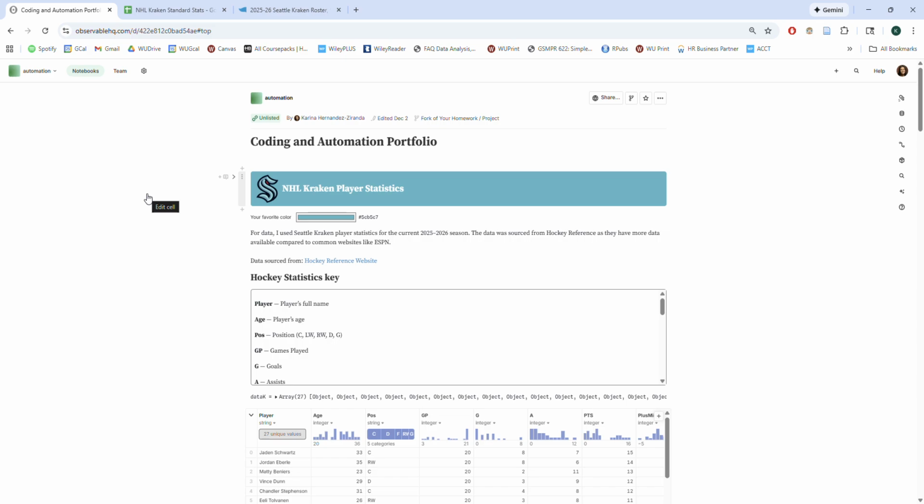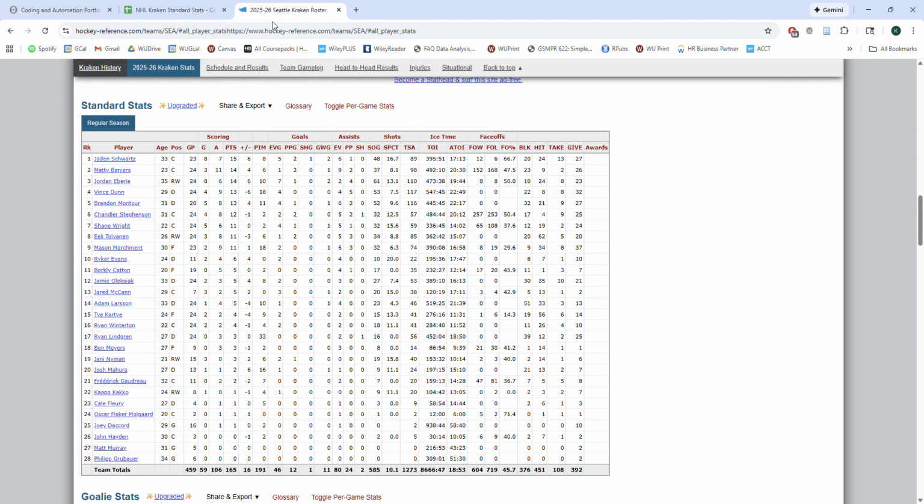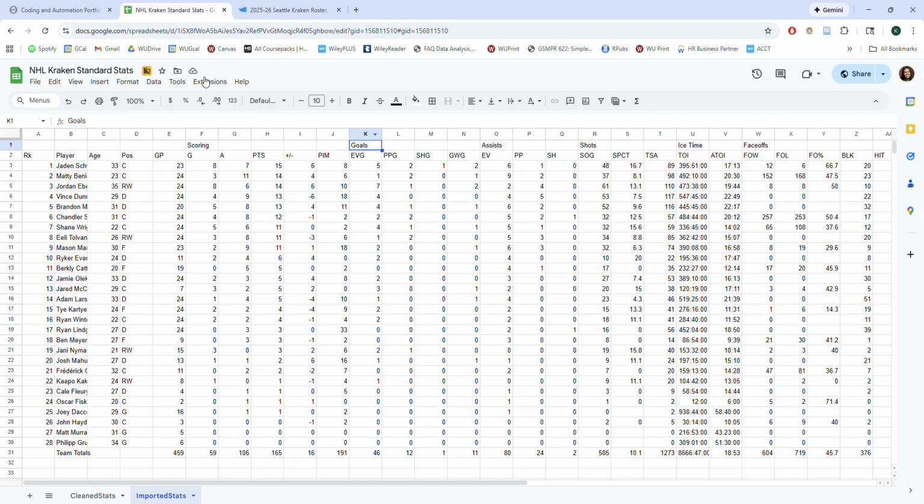So I'm going to go over my portfolio. I will start with the data, the website that I got it from, and then how I pulled it into Google Sheets, and then I'll go over the actual website itself. So I chose this website, Hockey Reference, because it has a lot of data to work with, and I really like that. And then I pulled it into Google Sheets, but there's a couple of things that weren't